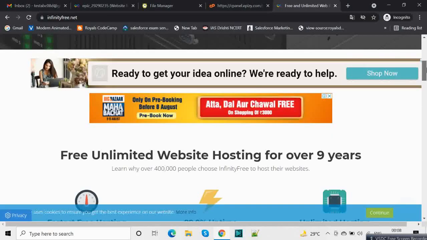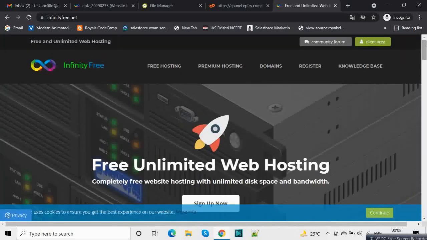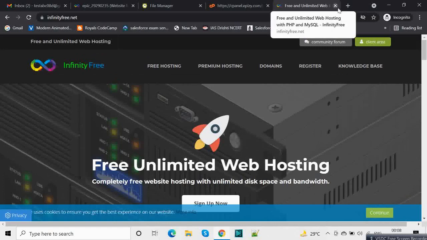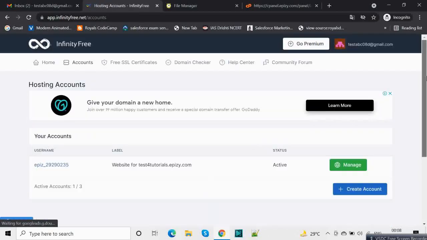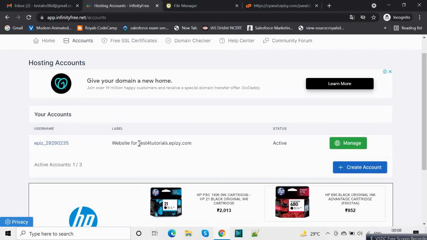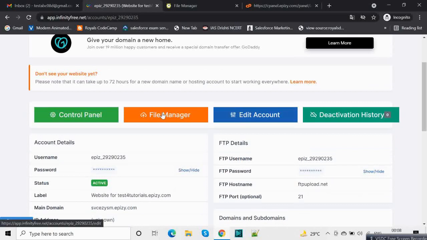First of all, in order to do that, go to infinityfree.net. It's a free hosting platform. You can use any other hosting platform which is free, or you can get a paid one also. Once you have registered or signed up in that account, you will come to a page where you have to create an account, select a domain, and set it up. It's very basic. You click create account and set it up, and then you will get manage